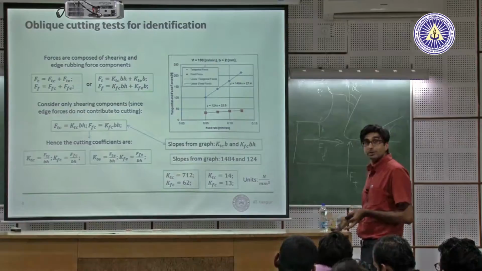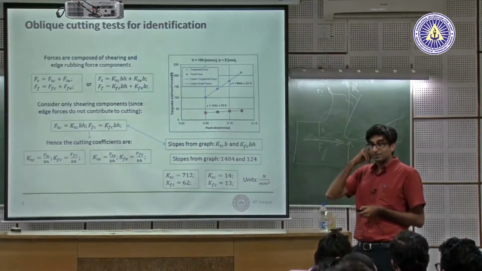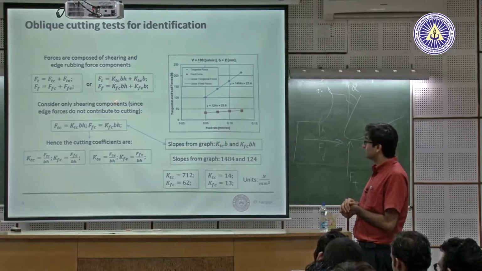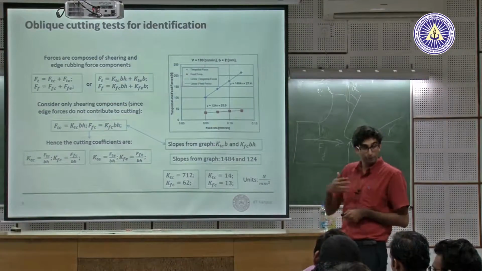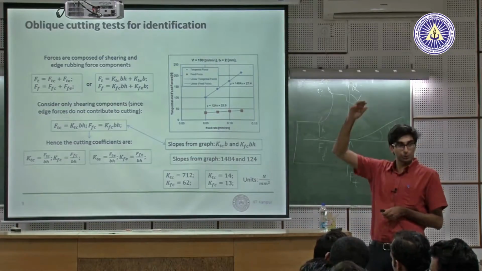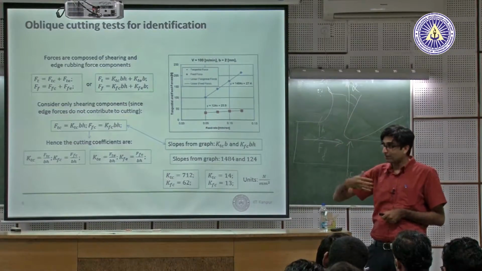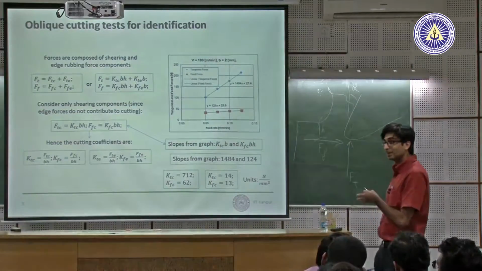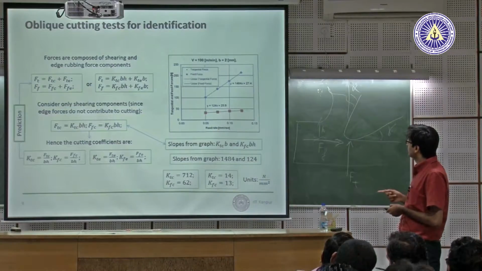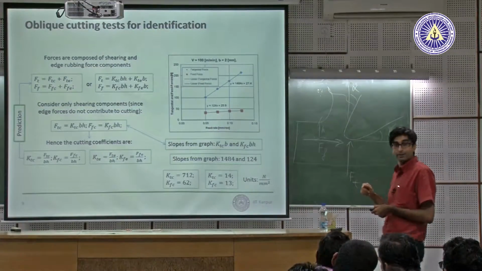Okay, this is for oblique. This is still very easy to do. Milling, what will you do? You can see slope is this, right? But in milling, we know we have periodically varying coefficients. Entry angle changes, it changes as a function of helix, changes as a function of immersion. So this is not so easy in milling, but it's still possible. So let's see what we do in milling. Importantly, before that,